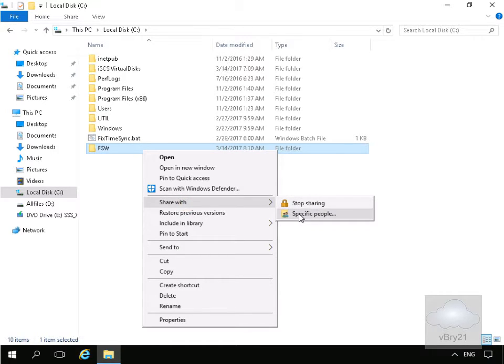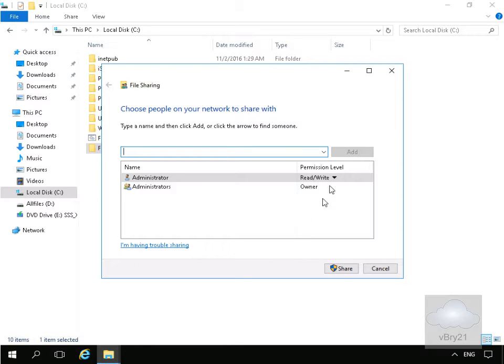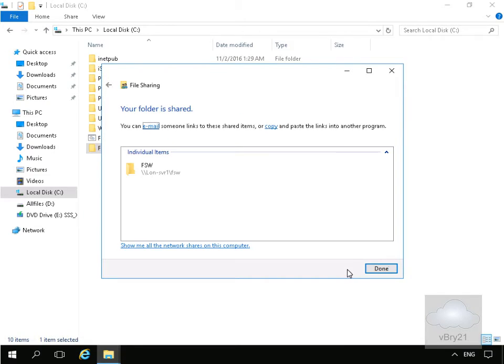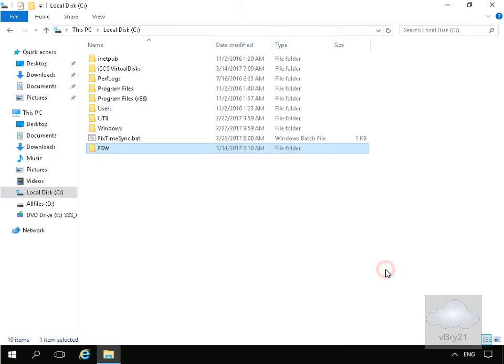We'll share it with specific people. Then we're going to add the Everyone group, which obviously isn't ideal out there in the real world, but this is just for a demo to show us how to set up the file witness share. Then we'll specify this will be read-write access, and then we'll select our Share button. Then we'll select Done. Now we'll go back to our cluster server,